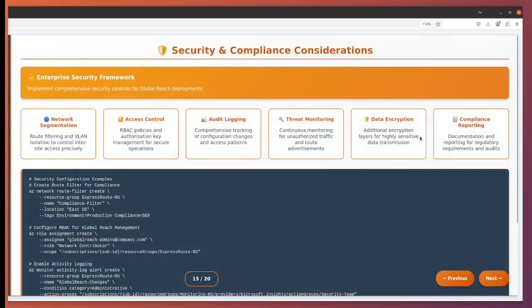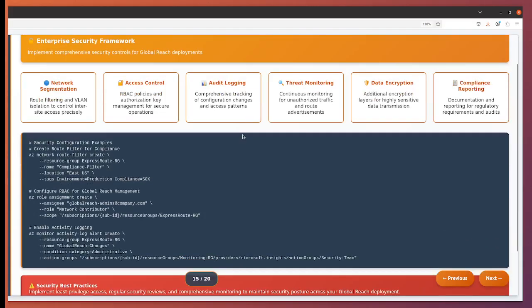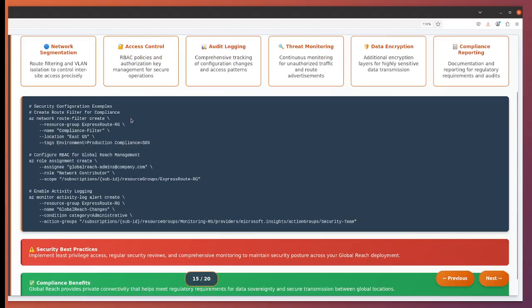Security and compliance considerations. Global reach introduces specific security considerations that require careful configuration. Let me explain each security command in detail. The first command, az network route-filter, sets up compliance-aware filtering. For this command, we specify the resource group ExpressRoute-RG for our ExpressRoute resources, the name compliance-filter for identification, the location East US for metadata storage, and